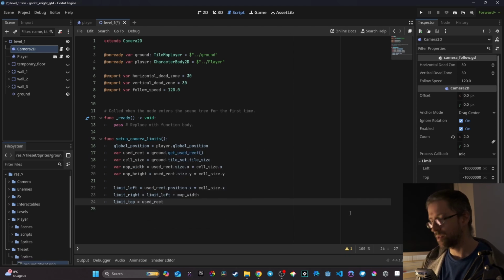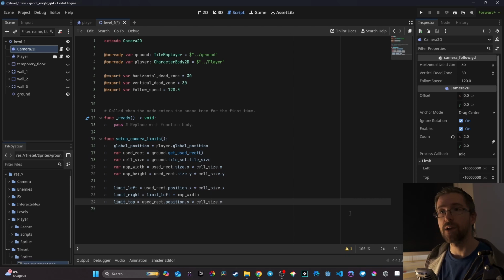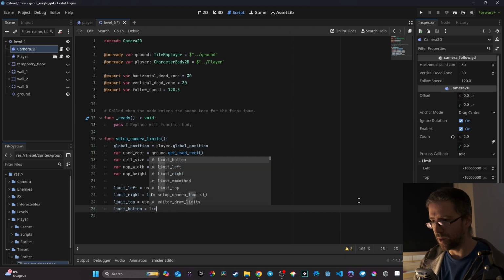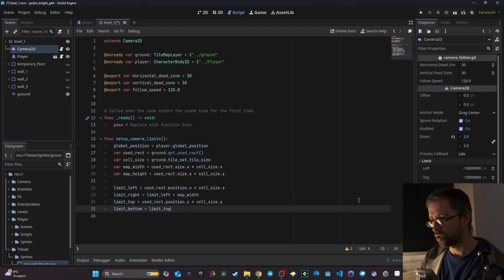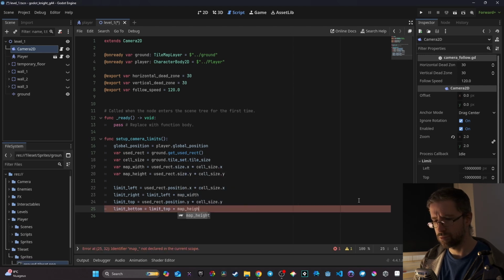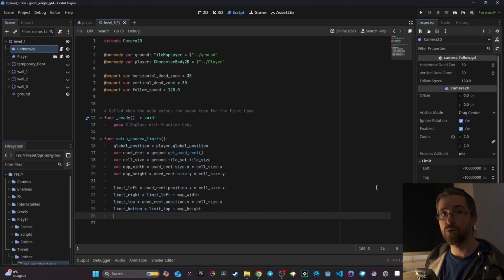And I can get the position.y, and I can multiply it by my cell size.y like this, and then I can get the limit_bottom, and here I can set it to my limit_top plus map height. Voila, like this. So now we have the basic of our thing, and if you want to debug that, you